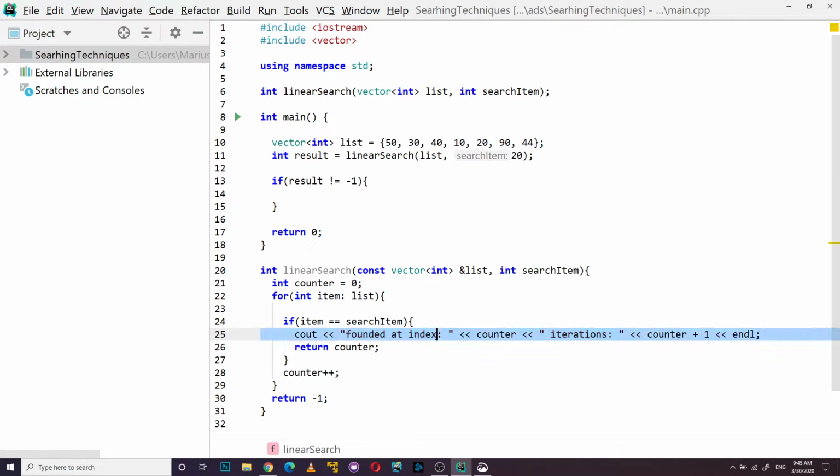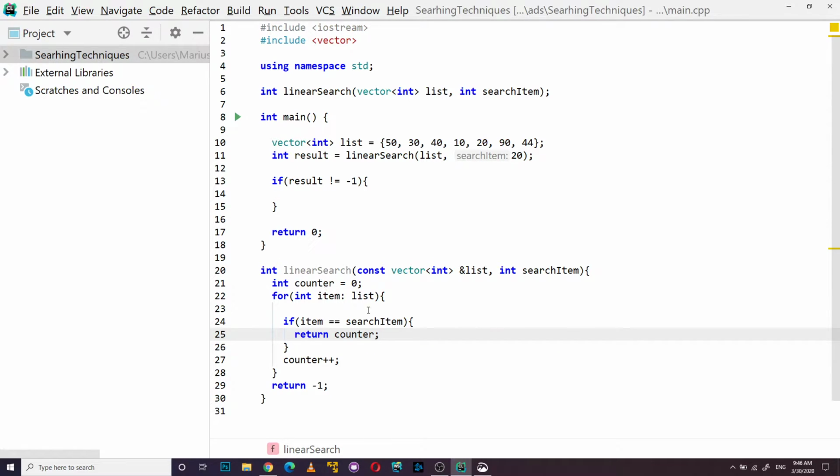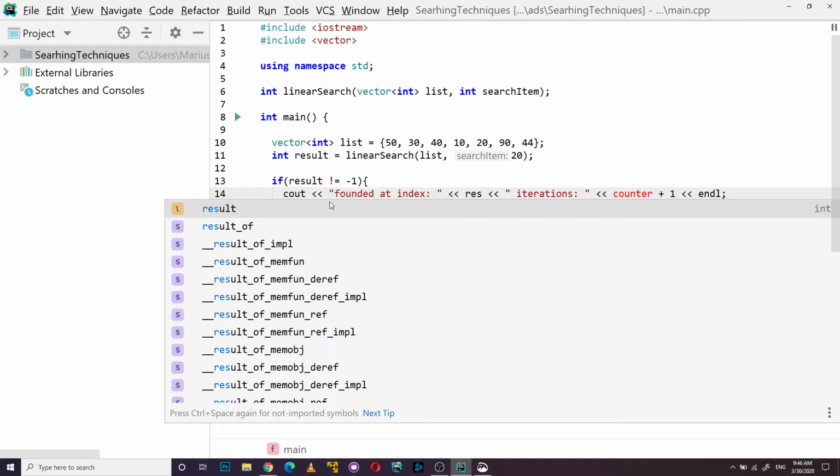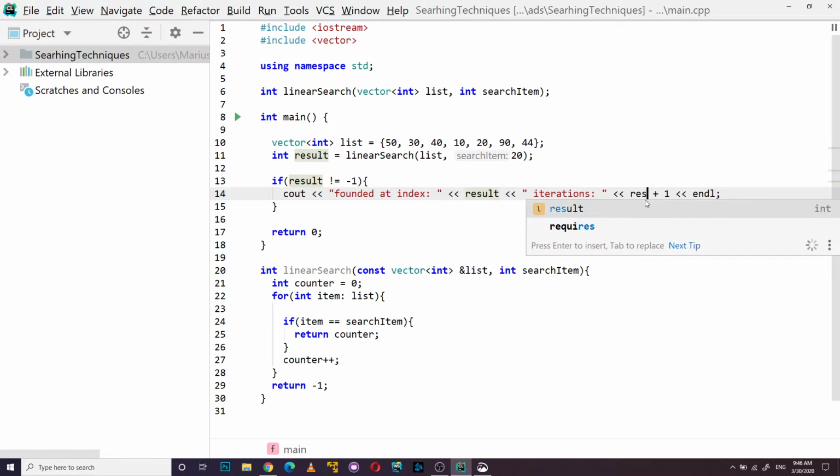Maybe we need to move this from here, because we are creating the function, and for testing purposes we create the result as the index. Instead of counter we create result,